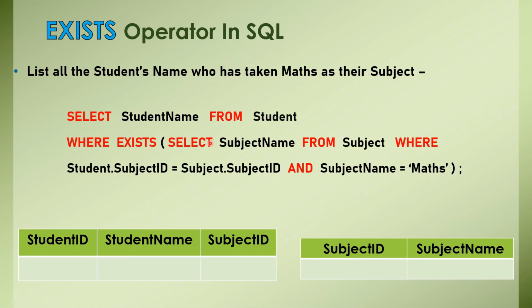So if this subquery returns some records, then we can say there exist some students who have taken up maths, and we need to print that out on the output. These are the schemas for both tables, student table and subject table. You can create these tables in your system, add some data, and try to run this query. You will get all the results as per your requirement.